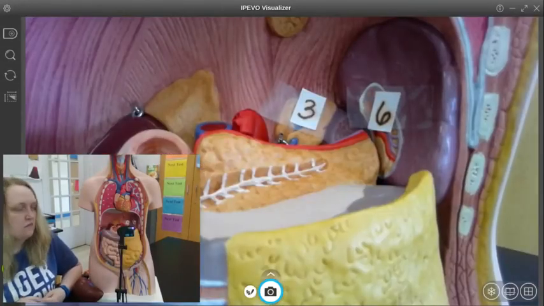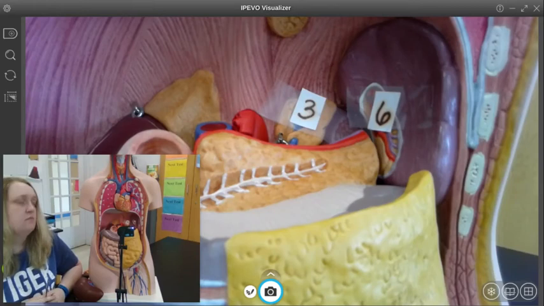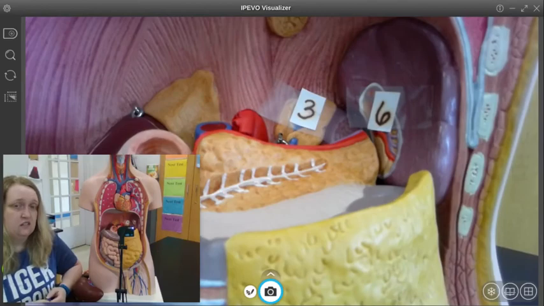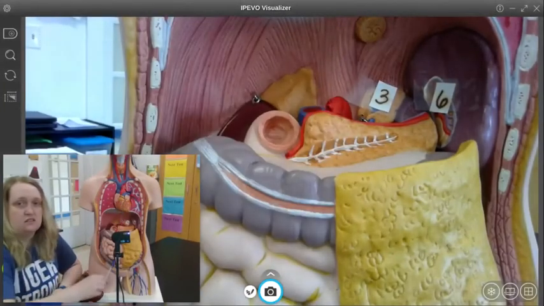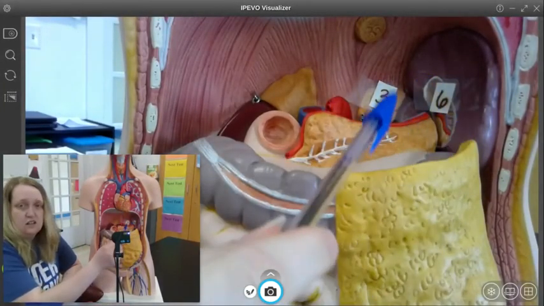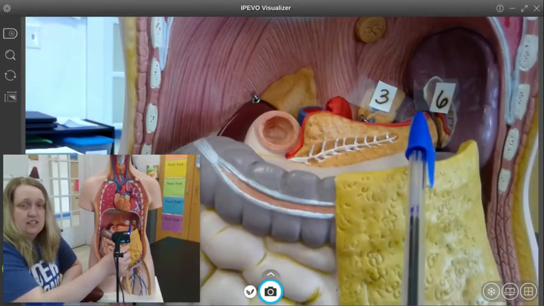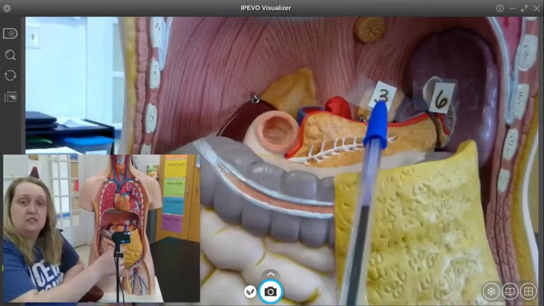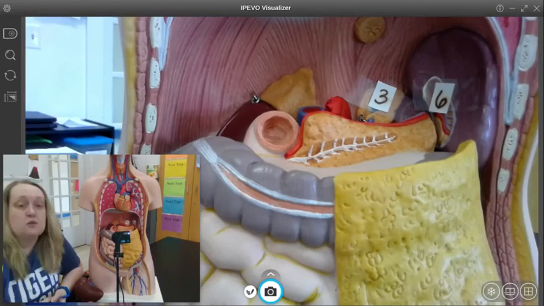Number 19. When I talked about abdominal pelvic quadrants, I gave you the acronym GIL, PIS, ER. Now that we're actually looking at a model here, I'm going to go back, and I put this into segments, okay? This right here, what acronym is for this side of the body? GIL, PIS, or ER? Again, this region right here, what acronym is over here? GIL, PIS, or ER? And number 20,